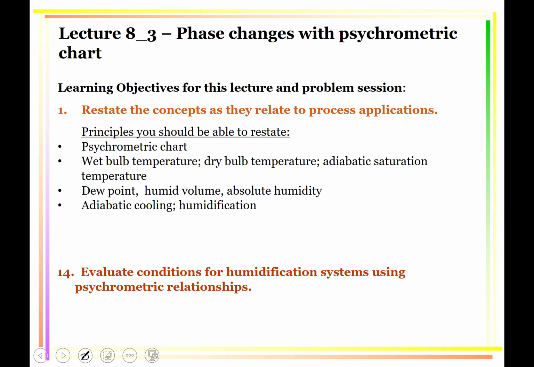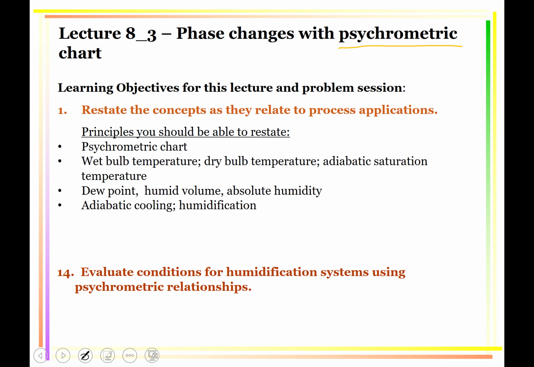This next section is a method of doing simultaneous material and energy balances on air-water systems. So, air-water, we've already done air-water systems, and we've done a lot of calculations and we've done energy balances. But what you're going to see is that this chart is designed to facilitate those calculations. So the chart is called a psychrometric chart, and this chart